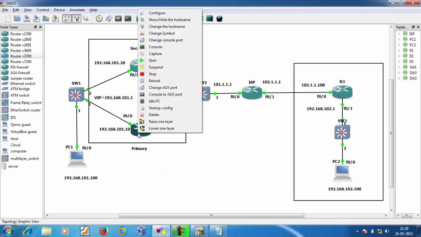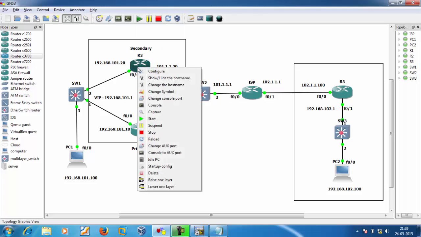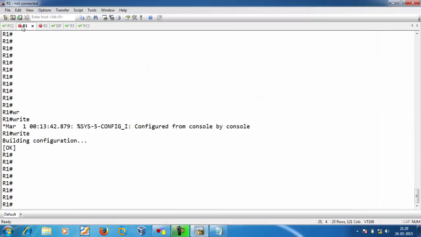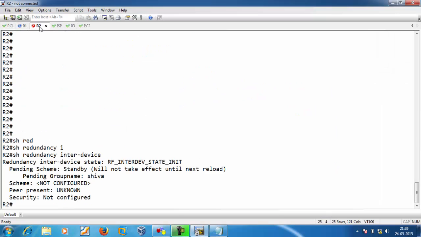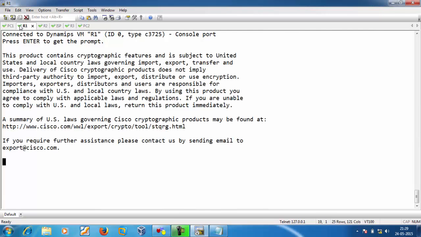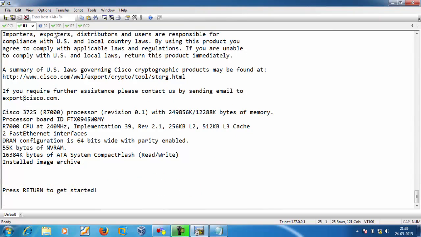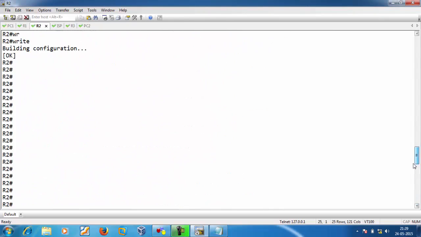So how can we reload? Just simply right click, reload. Yes. Now remember, before reloading you have to write the configuration, otherwise all the configuration will be flushed. Okay,